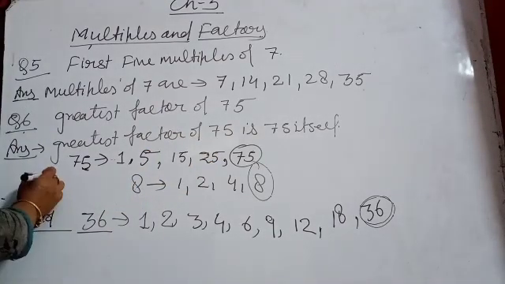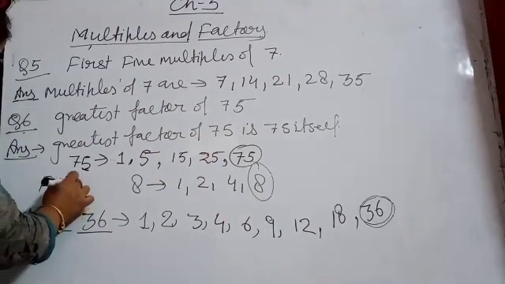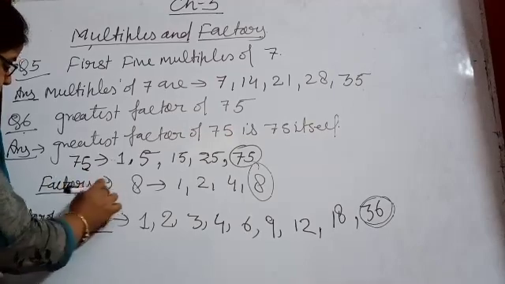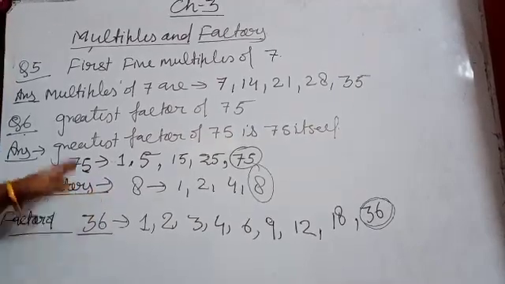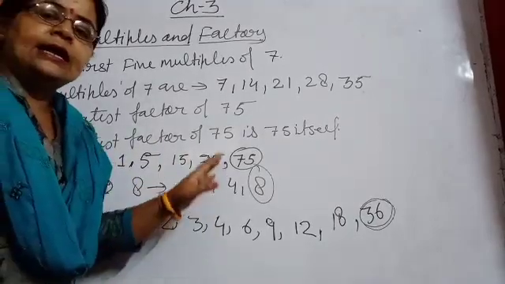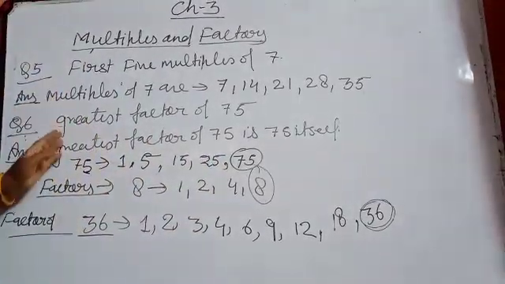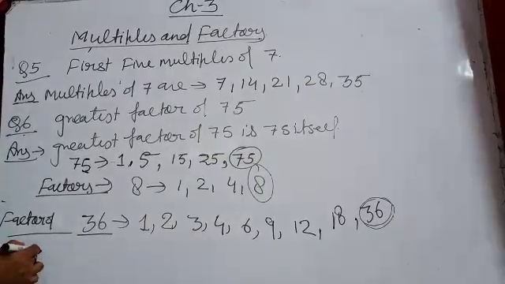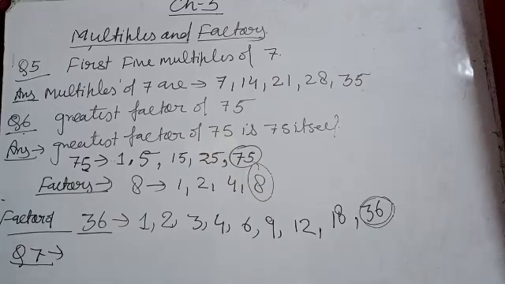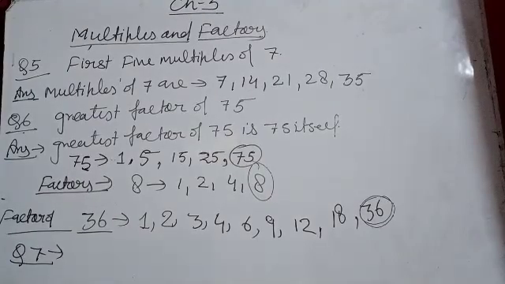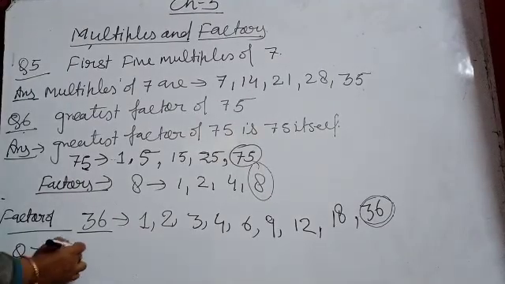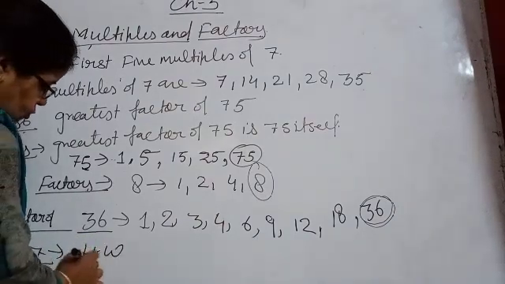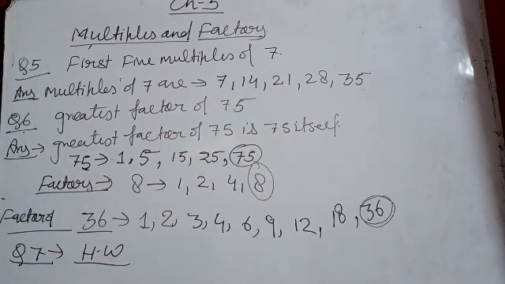So in this way you can see that I taught you how to find the factors. Factors means the numbers that divide the given number completely without leaving any remainder. Okay. So in this way, beta, you can complete up to here. In question number 7 you have to find the first 5 multiples of 6. Okay. That will be your homework. I taught you how to find the multiples. Okay. Question number 8, write all the factors of 96. So question number 8 is also your homework.